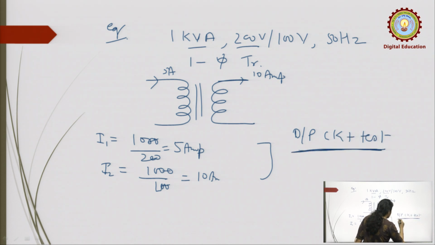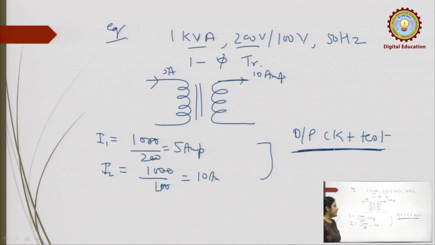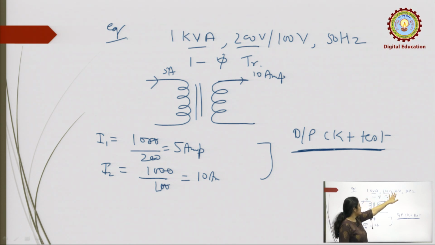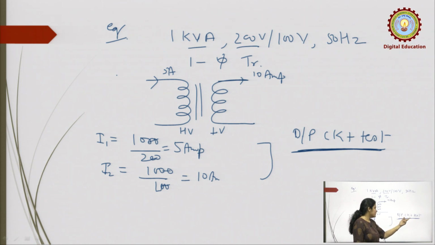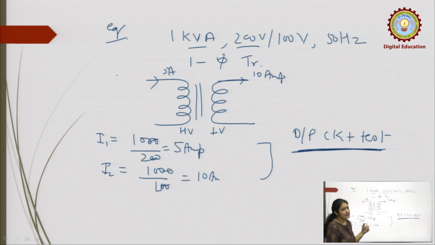Okay. So, the open circuit test is always performed at the rated voltage and at no load current. Here the rated voltage is 200. For this rating it does not matter, you can apply either 200 volts on the high voltage side or on the low voltage side. We just discussed previously that the open circuit test is always performed at the low voltage side,